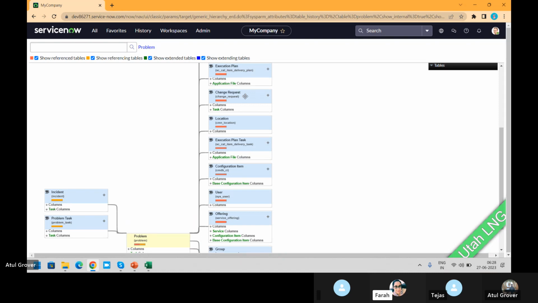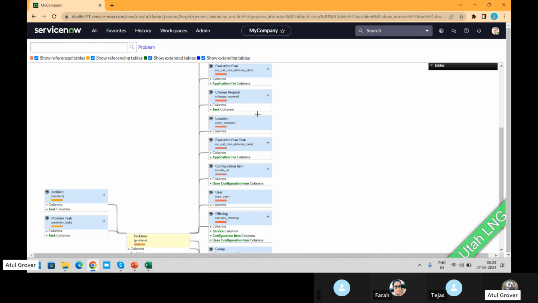Yes, that can be because, to resolve a problem, maybe we need to perform a change. Even though it's a table reference, if you see it somewhere, it's like a parent and child relationship as well. Practically, it's not a parent-child relationship. It is an M2M table, many-to-many. But just to depict that part, it's showing this way.